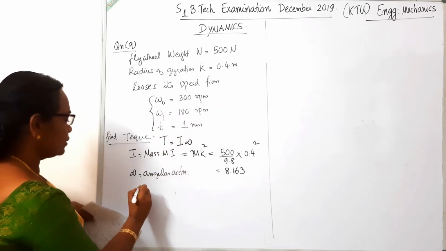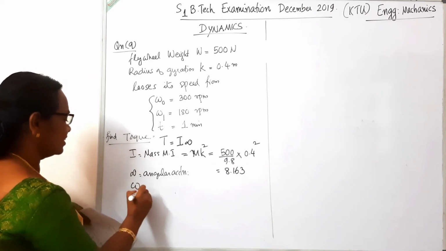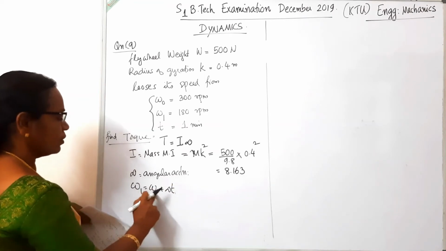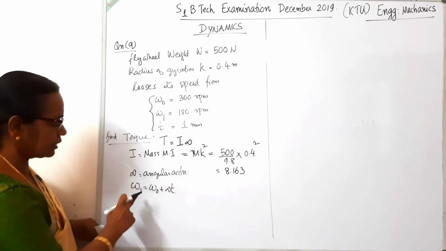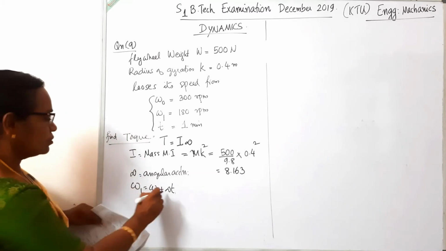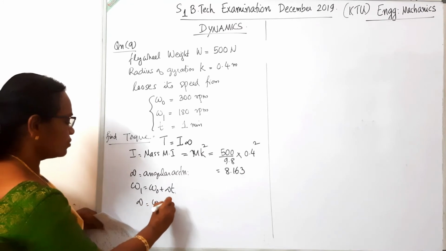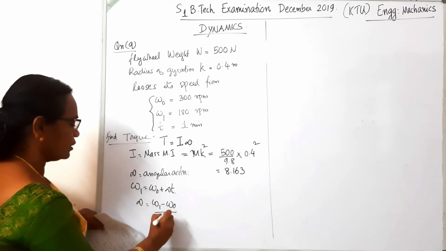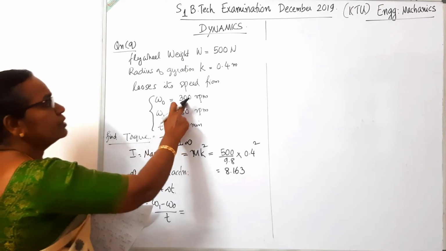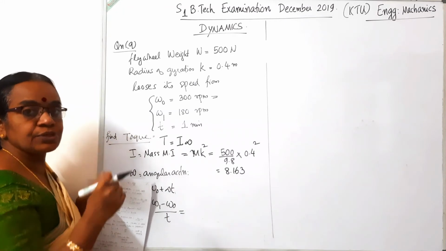So, we have the equation omega 1 is equal to omega 0 plus alpha t, similar to v is equal to u plus at. Final velocity equals initial velocity plus acceleration times time. So from this we can write alpha is equal to omega 1 minus omega 0, change in velocity, divided by time. So just substitute these details, but you have to convert this RPM, revolution per minute, into radians per